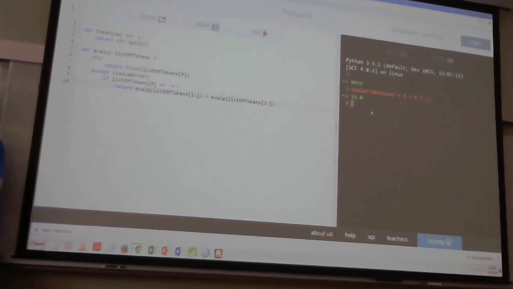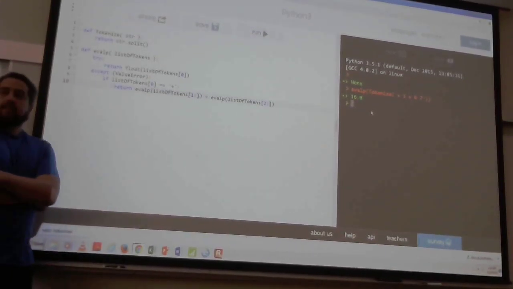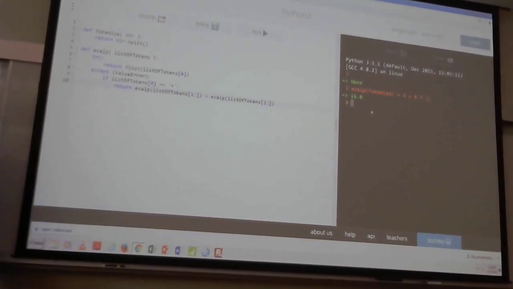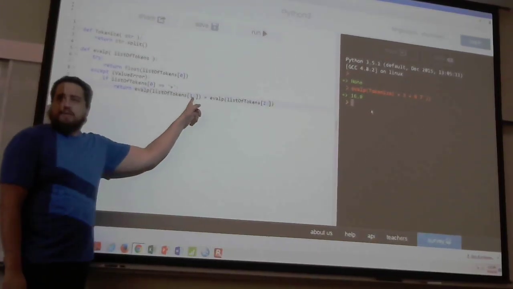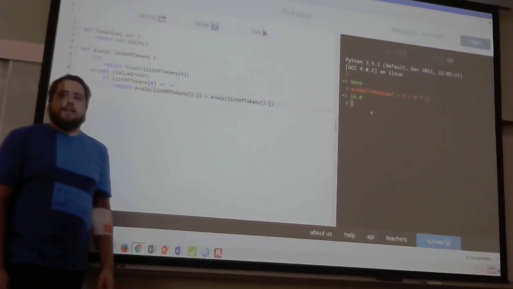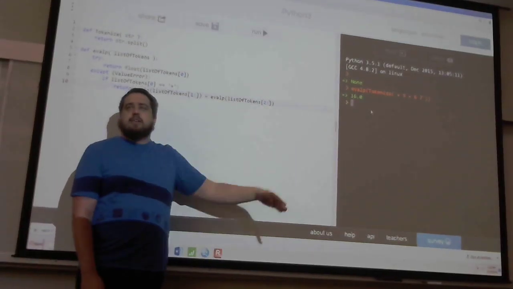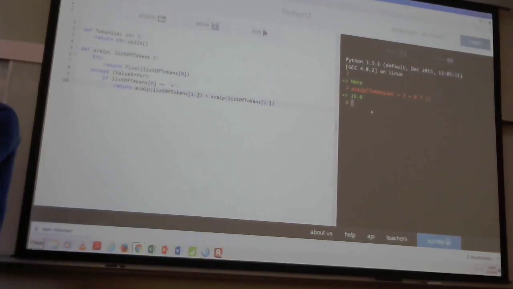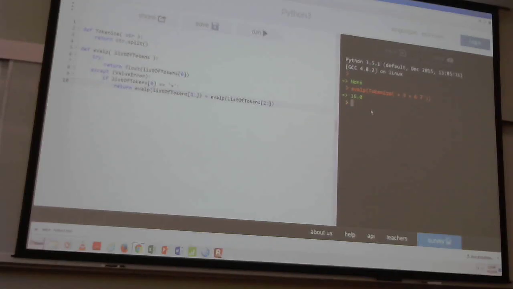Wait, what did the colons do again? The colons do a slice. They say take the rest of it after that number. So for example, we're going to skip one element and take the rest of the array. We're going to skip 2 elements and take the rest of the array. And so if the token, so for example, if we say tokenize of